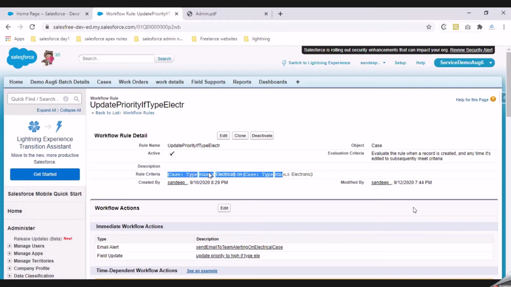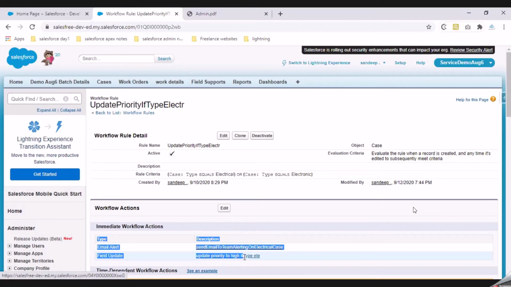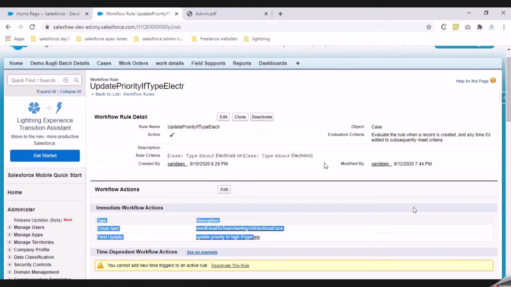So what is happening here is, as soon as your condition is met, your workflow rule is executing your immediate actions or the time-dependent actions depending on your need. It would basically stop there. What if you want to continue that process of checking other conditions? Once this workflow rule is processed, you want to check some other things and see if it is matching your criteria or not, and then execute certain actions in the system.